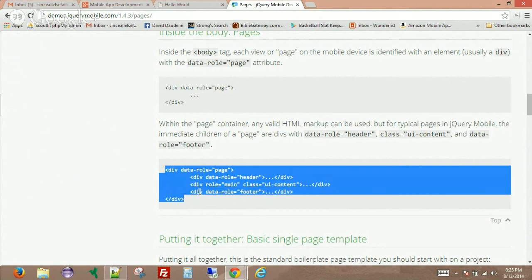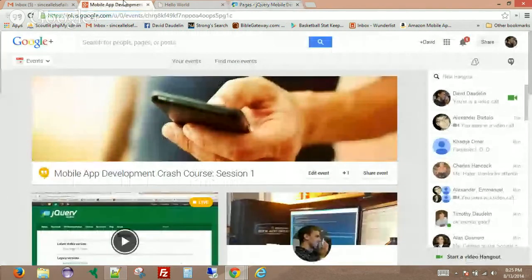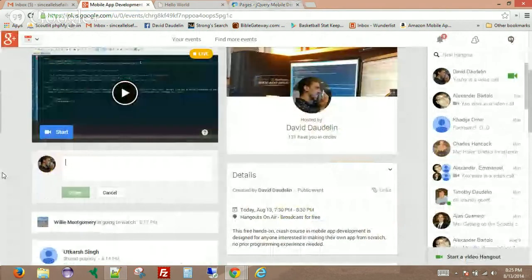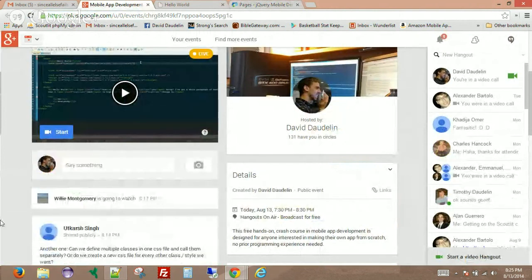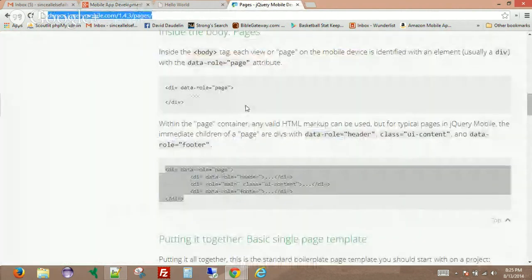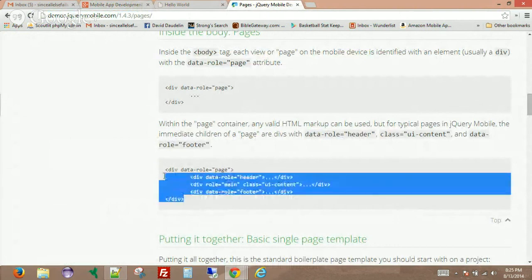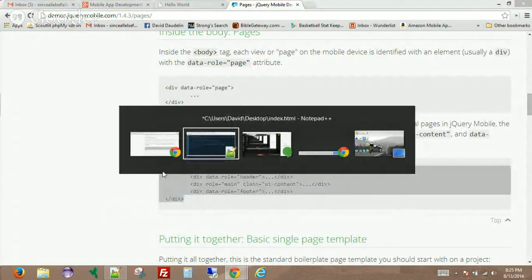Actually, by the way, if you guys want, I'm going to paste this in the chat here. I just shared the link to this page in case you want to copy this code. For those in the room, just go to that URL. This code, then, we're going to go ahead and